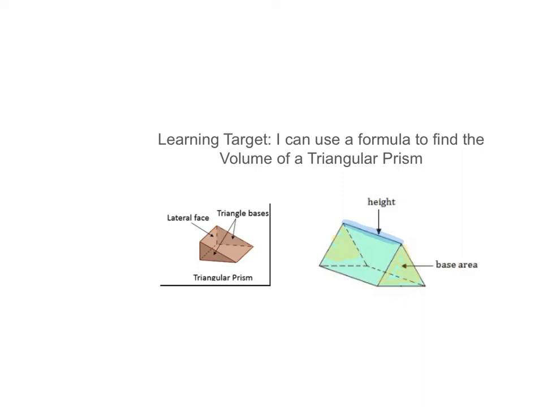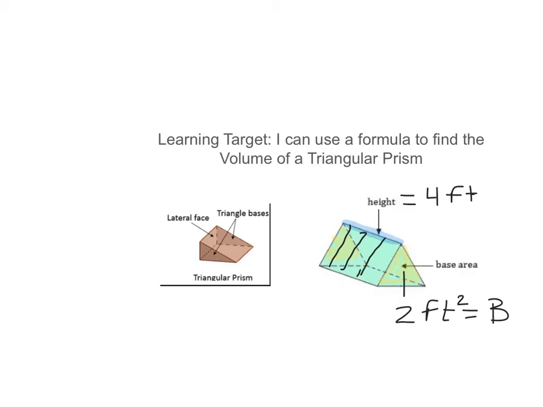In order to find the volume of the prism, we need to determine the area of the base. And let's say in this case, the height of this prism is 4 feet. And the area of the base is, we're going to say, 2 feet squared. And that's the area of the base. I'm just going to label that capital B. So if this was our problem, then since the height is 4, we would need that